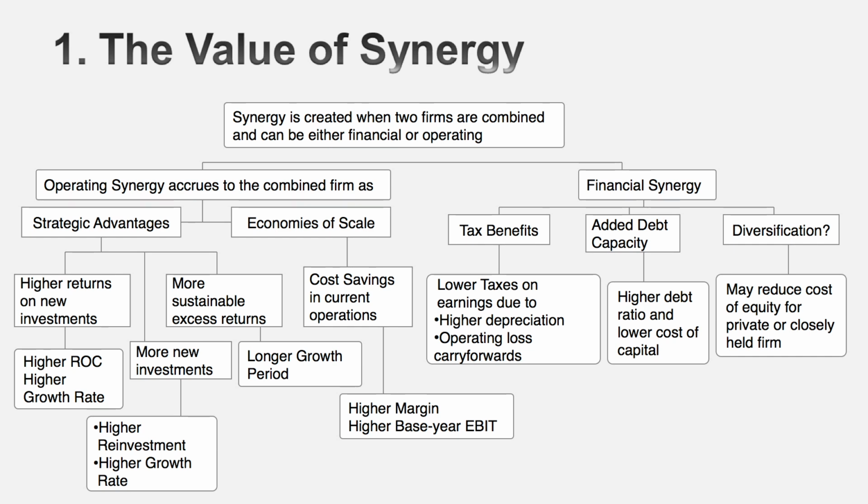The other form of operating synergy is a little messier. These are growth synergies, and they could take multiple forms. They can take the form of higher returns you make on combined projects. So basically, synergy shows up when you have 2 companies coming together and they can do something they could not have done individually. The combined company earns higher returns on all of its investments. It could find more investments, or it can maybe build up barriers to entry to keep the competition out, which shows up as higher excess returns for a longer period.